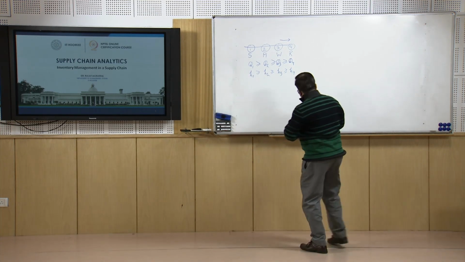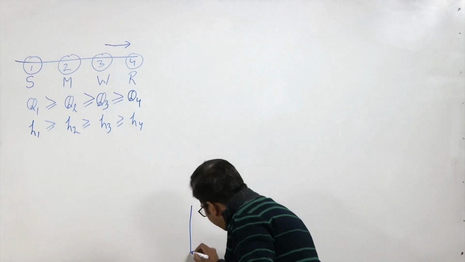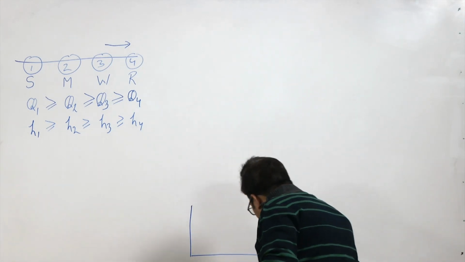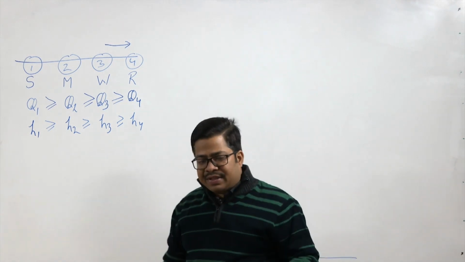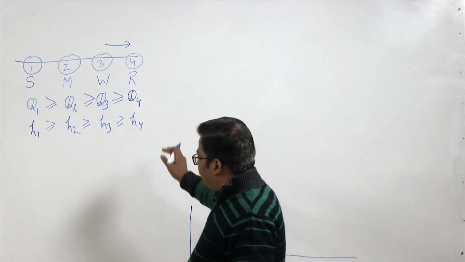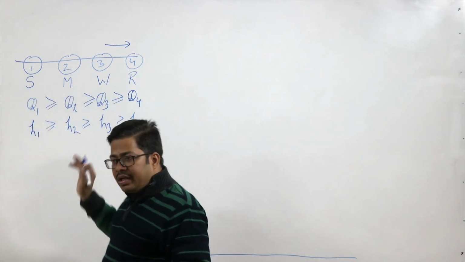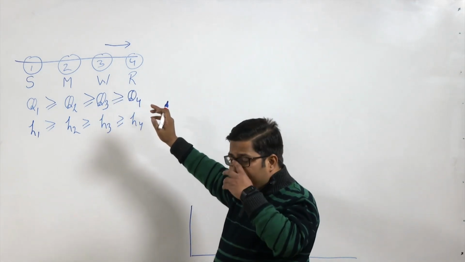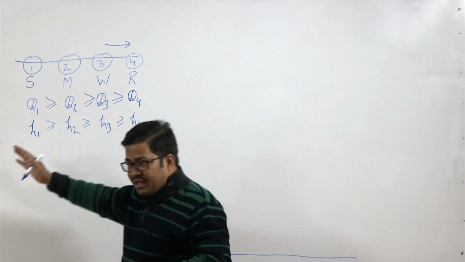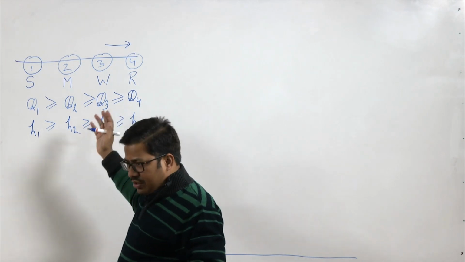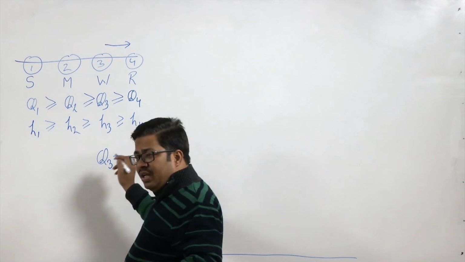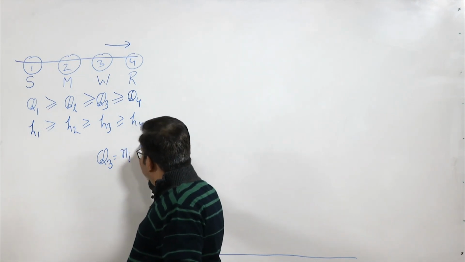Now let us look at stage number 4, the last stage, because we have already gained this knowledge from our earlier discussion: in a 2-stage model we are procuring inventory at other stages in relation to our last stage. Here the last stage is the 4th one, so I will procure inventory at other stages in relation to this 4th stage. What I am trying to say is that Q3 should be some multiplier of Q4,